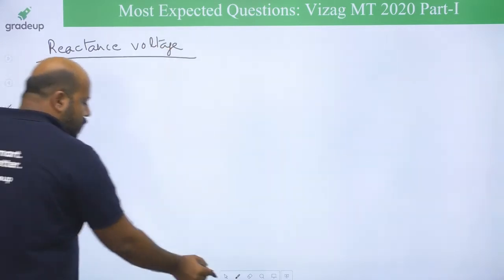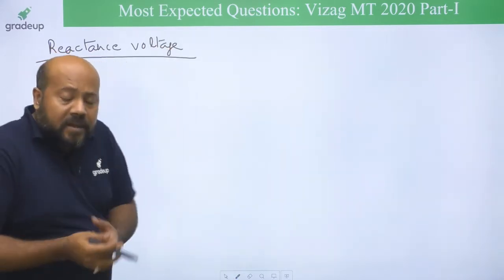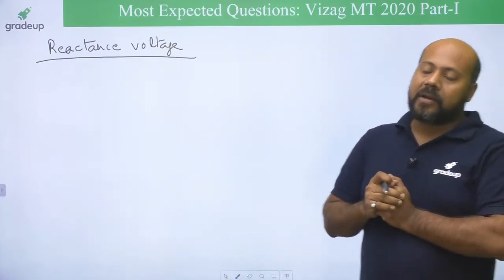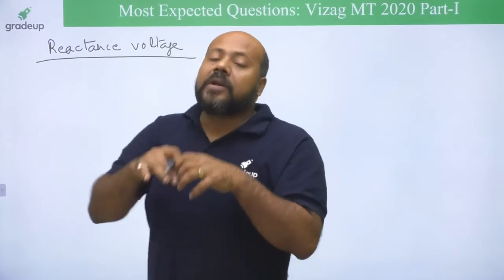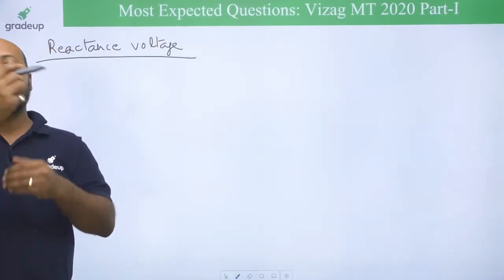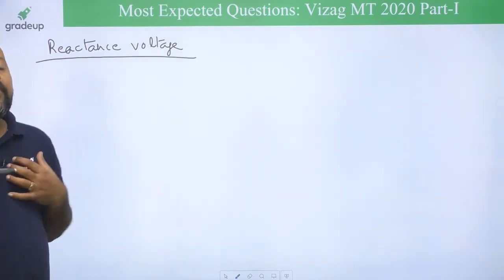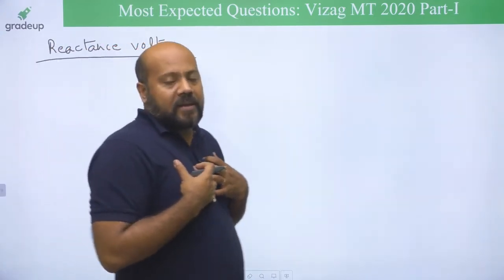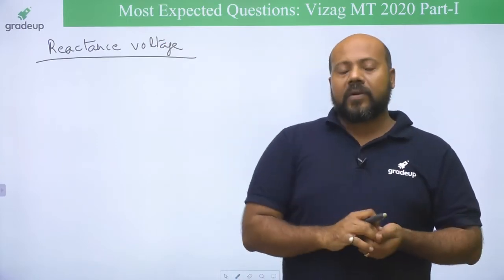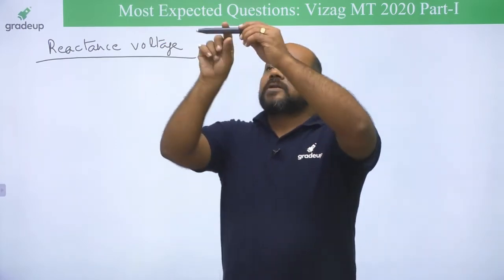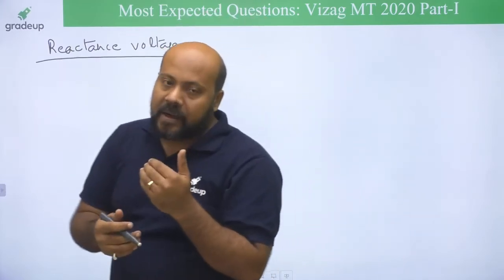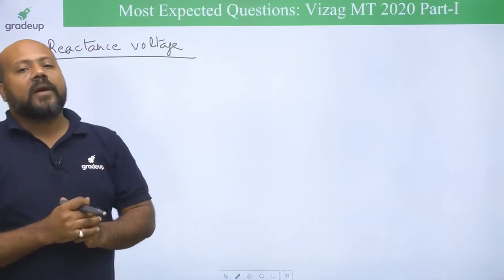If somebody asks you what is the reason why reactance voltage is there in the coil undergoing the commutation, the coil which is undergoing the commutation is going to have inductance because it is an inductive coil, and the self-inductive property of the coil says that it will not allow the sudden reversal of the current. What is commutation? Commutation is sudden reversal of the current in the commutating coil, and the self-inductance property of the coil will not allow that.